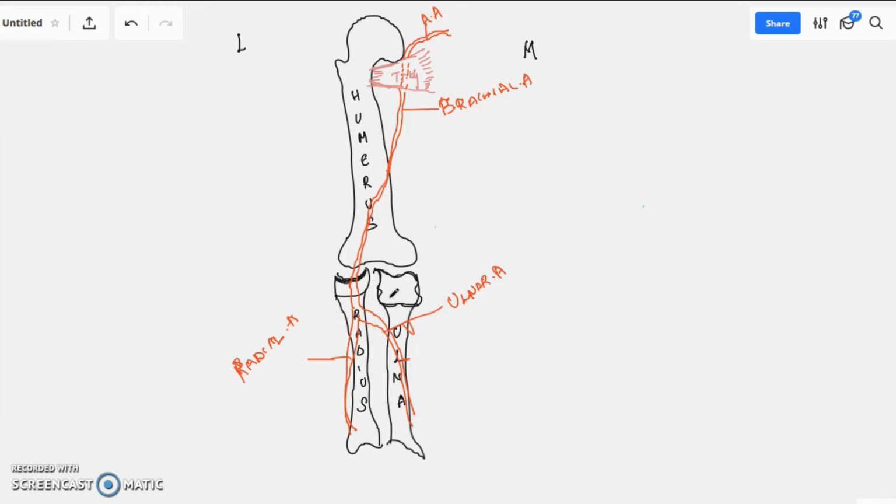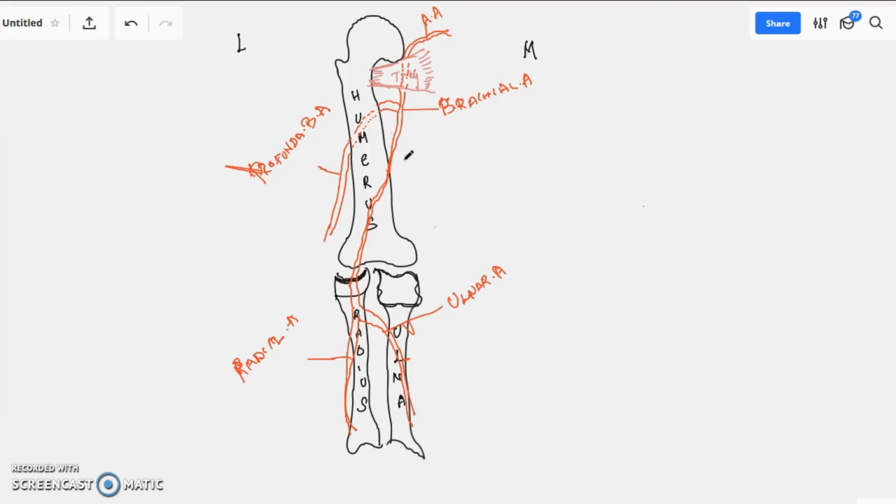The other branches, besides the radial artery and ulnar artery, are as follows. One branch comes from the brachial artery and is the first branch to arise, and that branch we will call the profunda brachii artery. This profunda brachii artery goes posterior to the humerus. Then after, it reaches the lateral aspect. About the details of the profunda brachii I will teach you later. For now, remember we have the profunda brachii artery, a branch coming from the brachial artery.